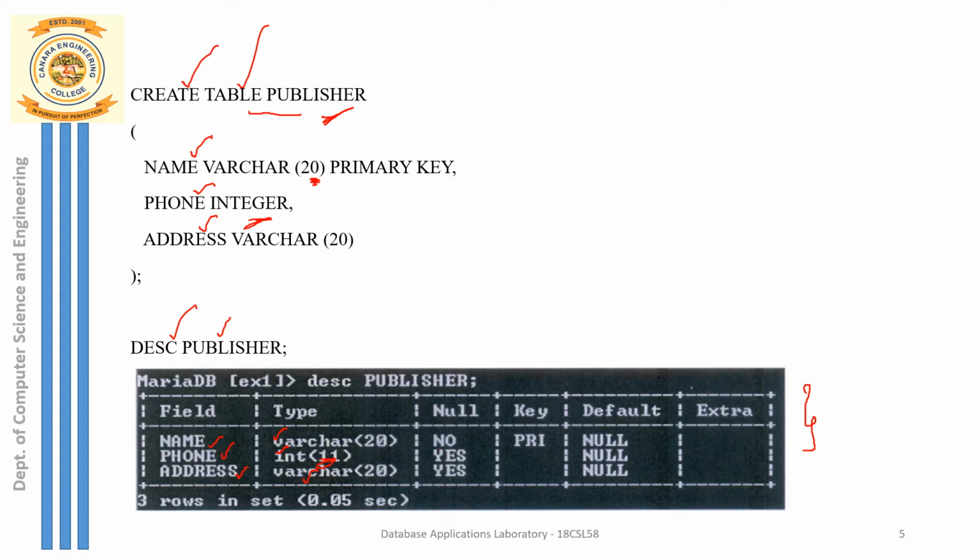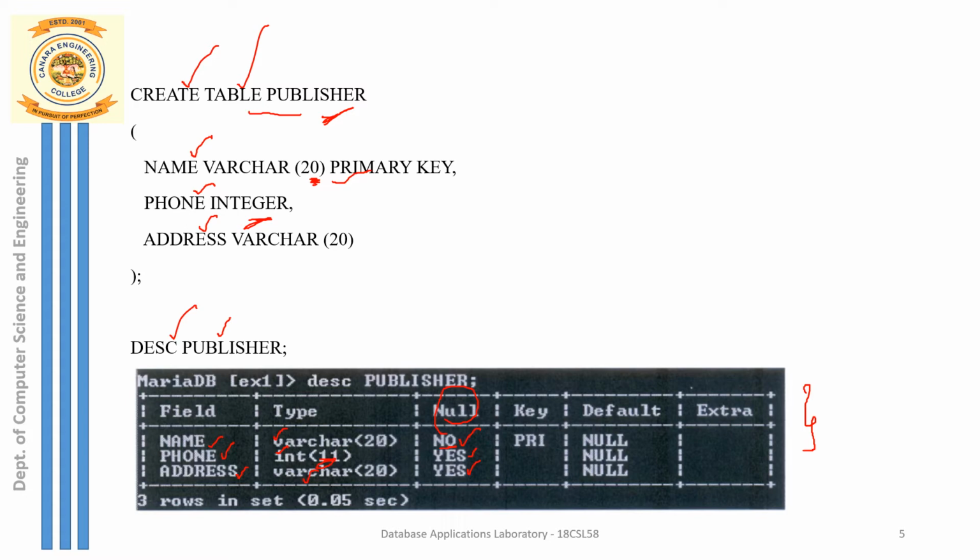And you can see here the third column, which indicates null. The meaning is that the value of the attribute name can never be null. Why? Because I have mentioned the publisher name as primary key. So the values must be unique in nature, and one more property of the primary key is that the value can never be null. You must enter some value for publisher name. So here the No specifies that the name attribute cannot take any null values. What about the phone number and the address? The phone number and address can be null.